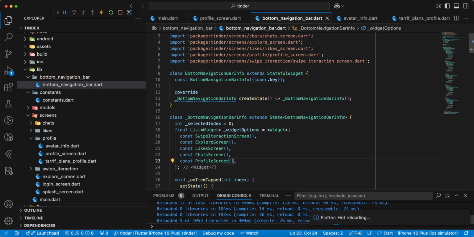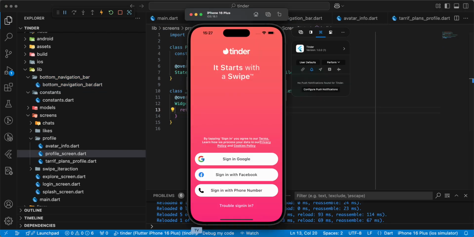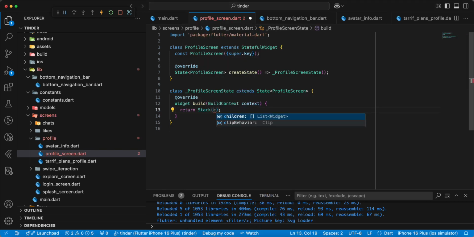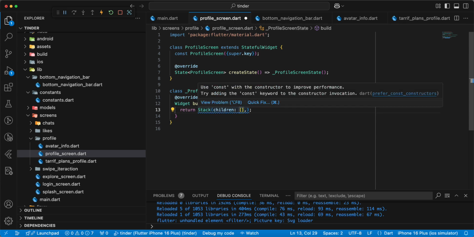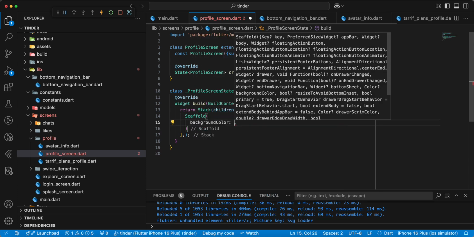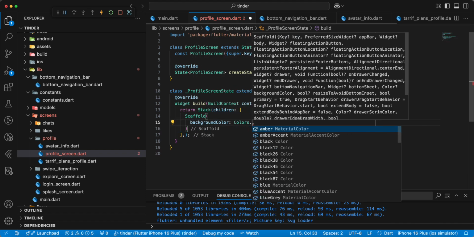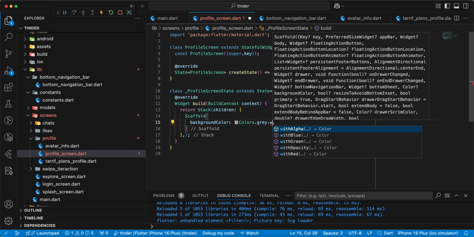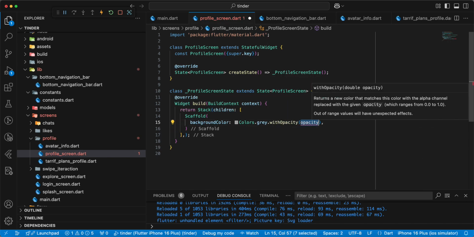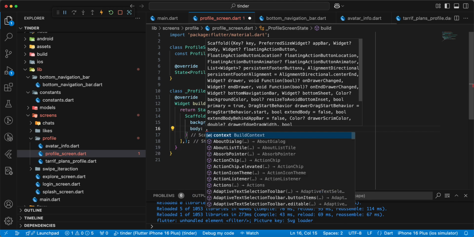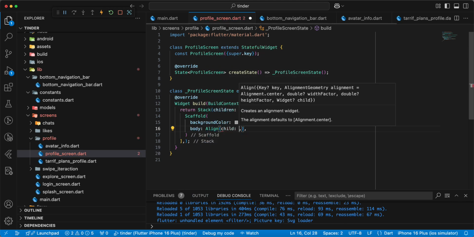Add import, then we add children, add widget scaffold, add background color, write colors dot gray, dot with opacity 0.1, add body, add widget align child,